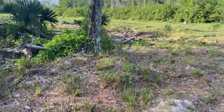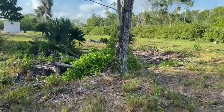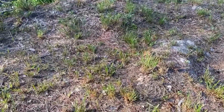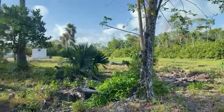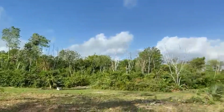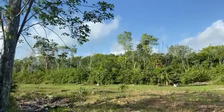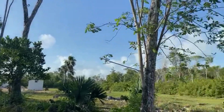Now, of course, they was out here. This is something they're used to. So they were out here most of the day and in that heat. I had never seen nothing like it before, but that's how they do it in Belize. Wherever you go, you'll see a lot of locals cutting the grass with the machete. And you do have some that will do a lawnmower and weed eater,